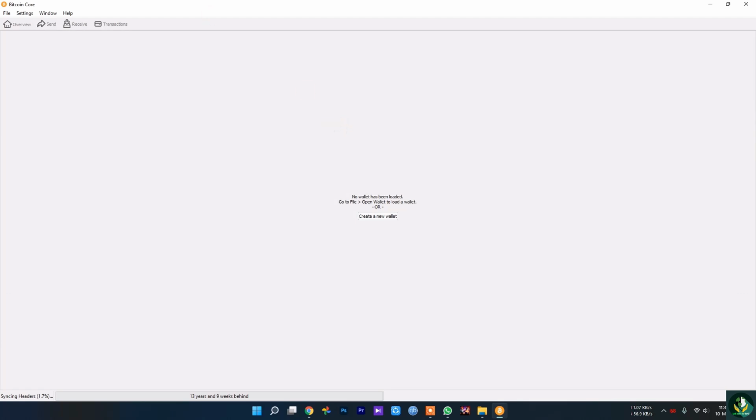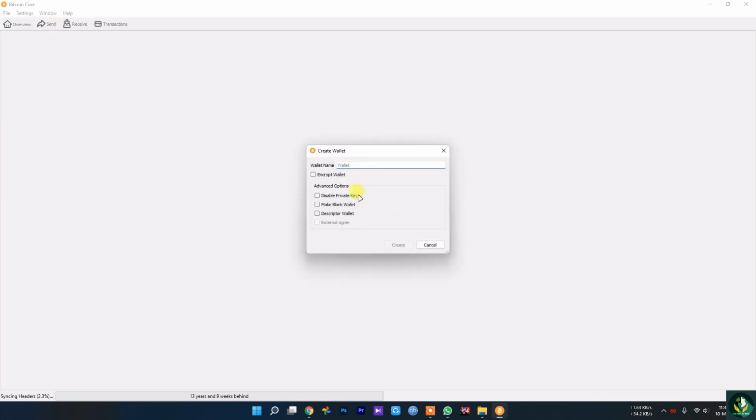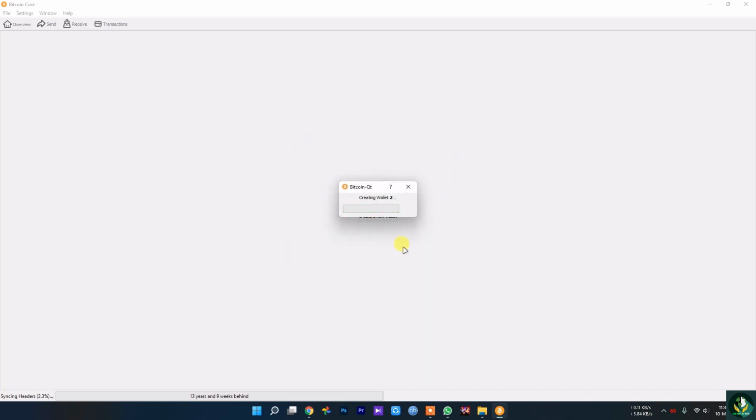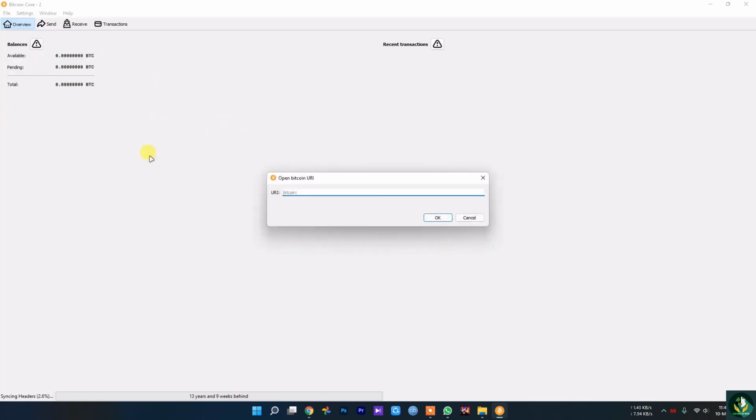If you open the File menu, you have a lot of file options in here. You can open a URL, create a wallet, and open a payment file.